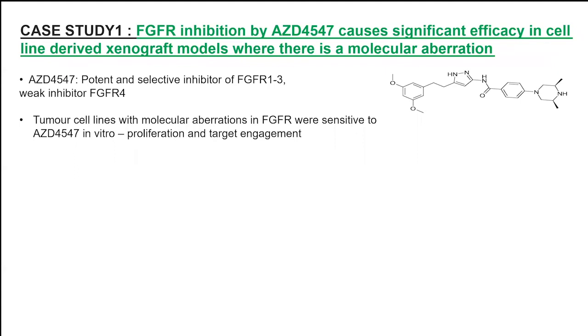So AZD4547 is a potent and selective inhibitor of FGFR 1, 2 and 3, and weakly inhibits FGFR4. Now, from a huge amount of in vitro data, we identified tumour cell lines with molecular aberrations in FGFR that were sensitive to 4547, both in terms of proliferation, but also target engagement, showing impact on phosphorylation of the receptor and downstream signalling. So we wanted to test that in vivo and determine whether we could see similar effects